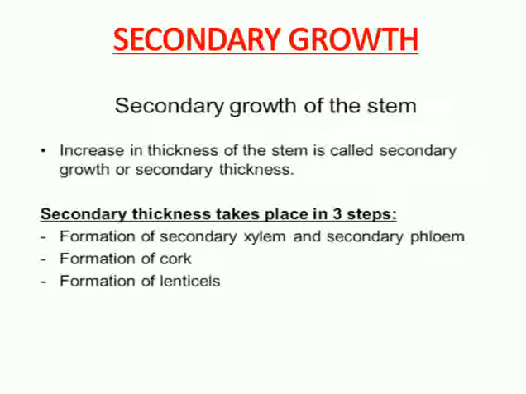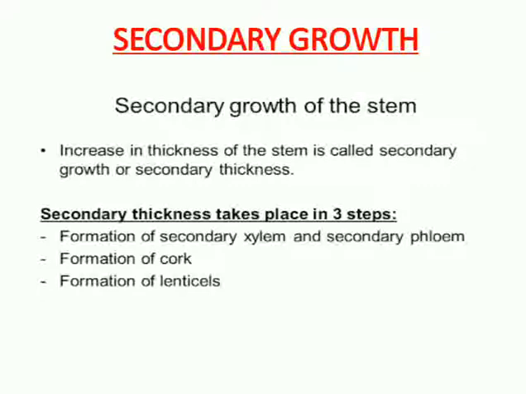Now, after studying the anatomy, we are discussing the secondary growth. Secondary growth increases the thickness of the stem and is very important. The growth of roots and stems in length with the help of apical meristem is called the primary growth. But apart from the primary growth, the dicotyledonous plants exhibit an increase in the girth. This increase is called the secondary growth.